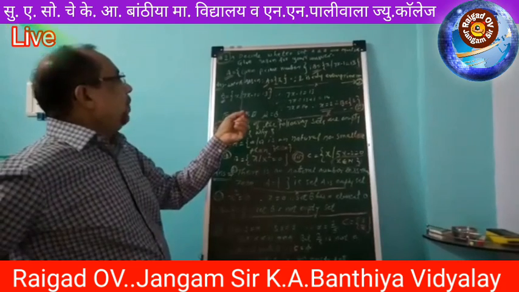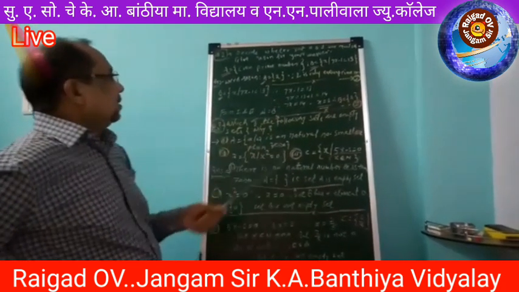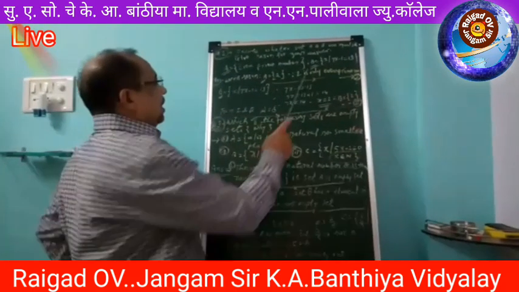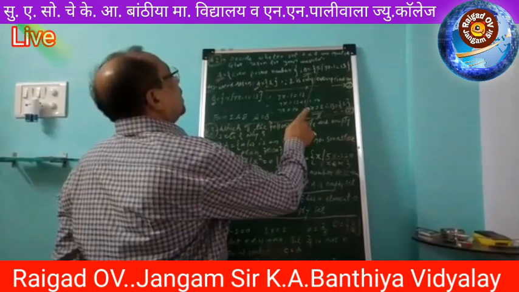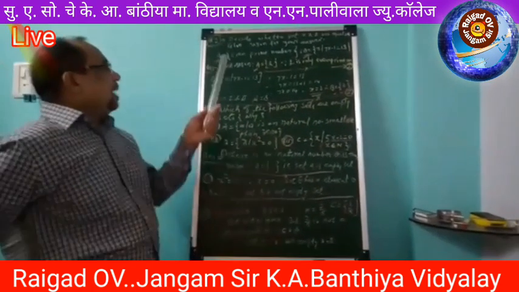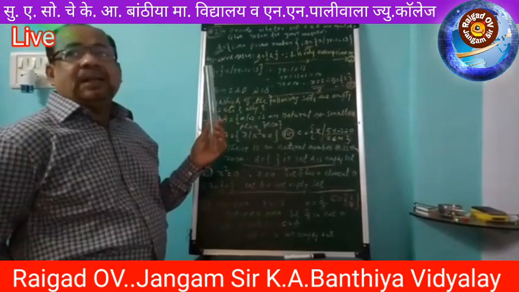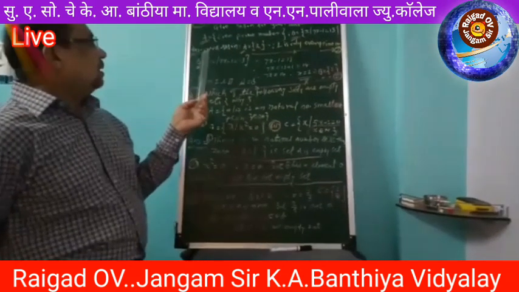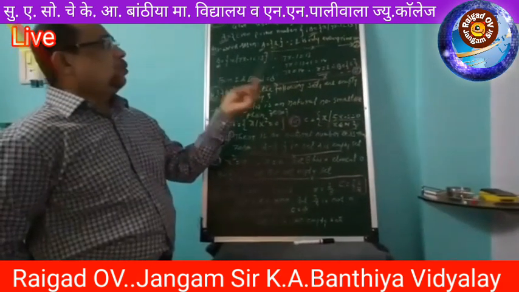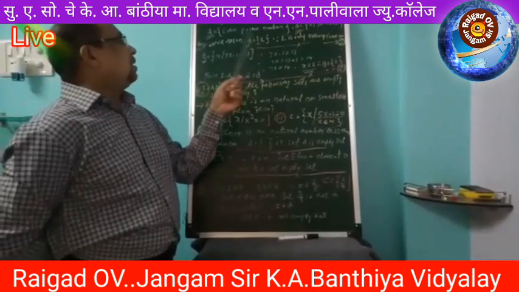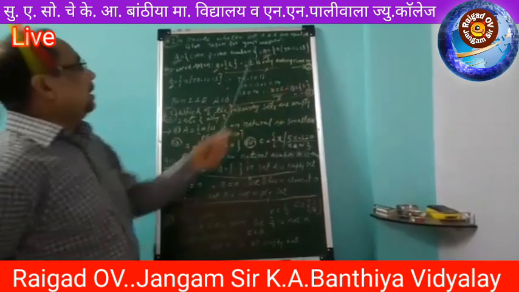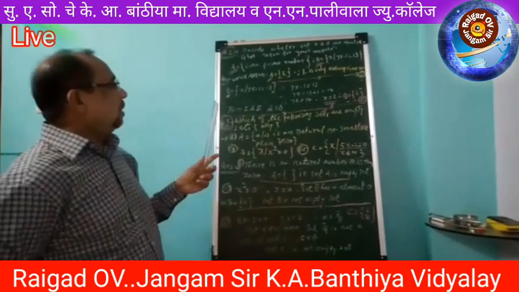Set A equals {x | x is an even prime number}. It means that set A contains the even prime number, and set B contains {x | 7x minus 1 equals 13}. So we know the even prime number. You have solved this in practice set 1.1. So here with reason we write the answer: A equals {2}. It means that 2 is the only even prime number. That is equation number 1.